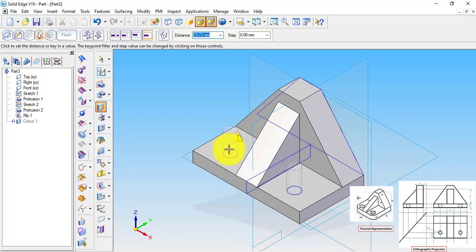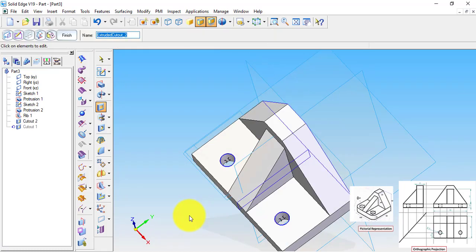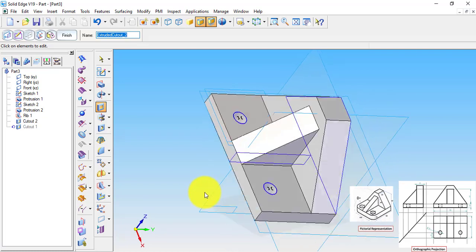Now let us drag using the cursor to give the definite hole depth. If any hole depth is specified, we can give the distance as an input for the hole depth, or otherwise you can simply drag using the mouse cursor to have the through hole. So this is the through hole we obtained here.